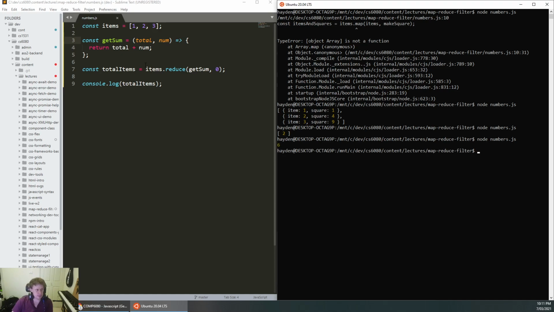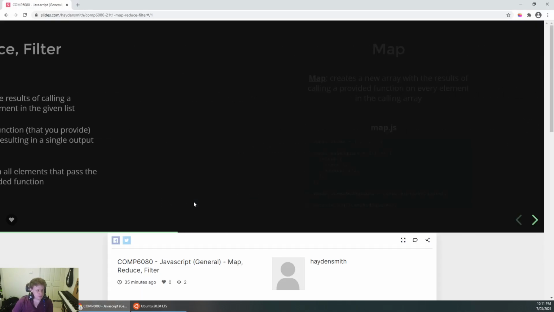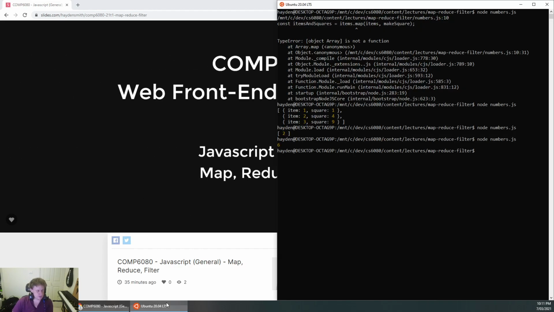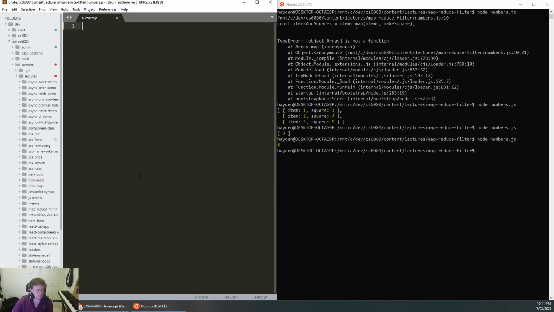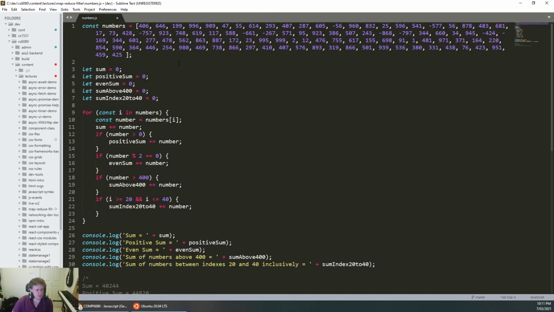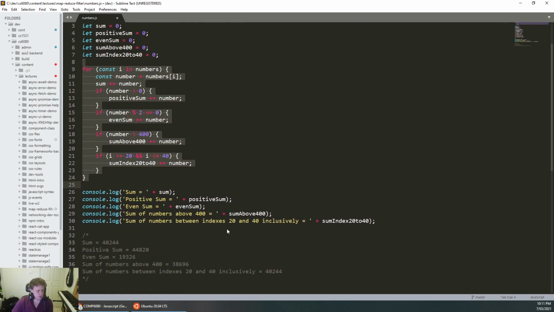So in this case, we can sum them up like that. Now, a more interesting example just to go through is actually the exercises 2 question from one of your labs, which is this one here, where we basically have a list of numbers and then we have a bunch of